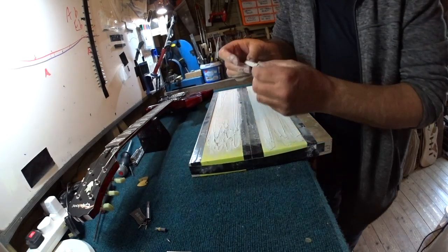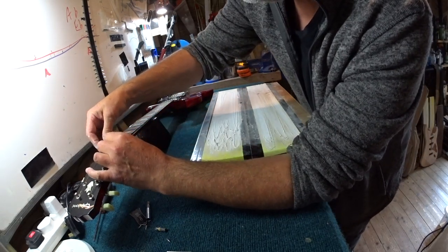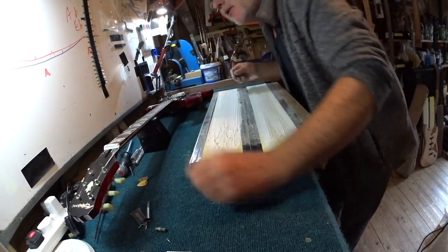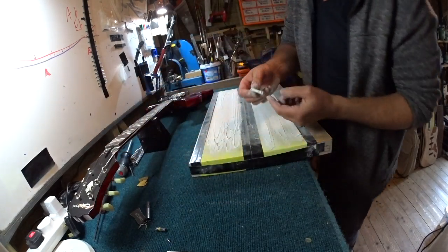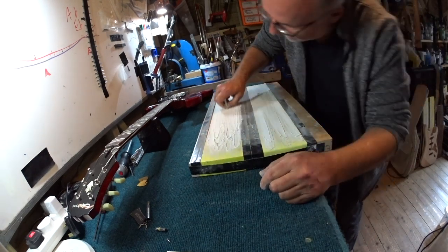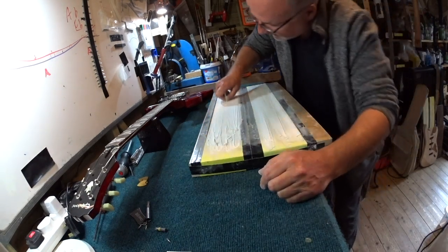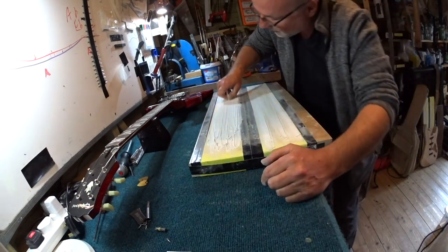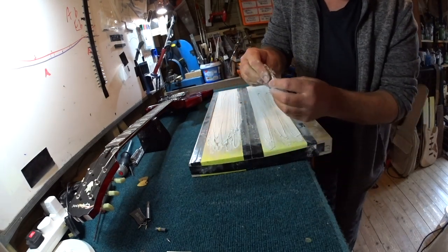Okay, now this I expect will fit. Yeah, okay, that's great. So now currently just looking at it, it's too high by about 1 millimeter. We've also got ends sticking out, which again we can carefully flatten down. And you notice how I'm moving the whole of my body and keeping the nut end in the